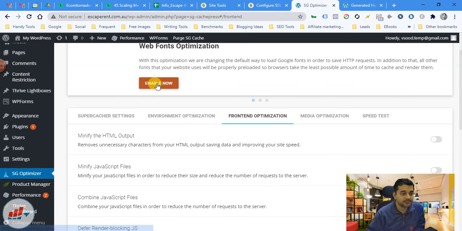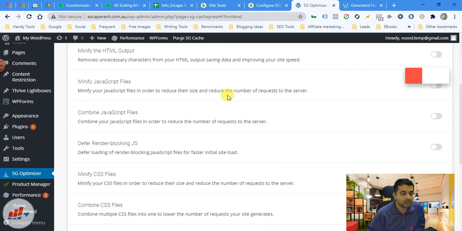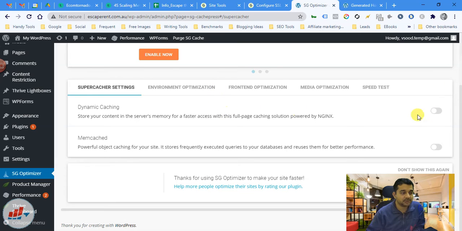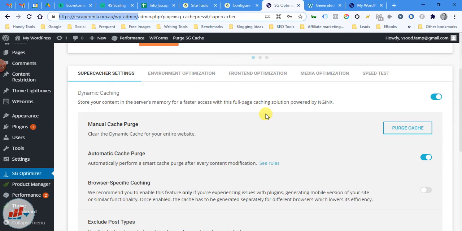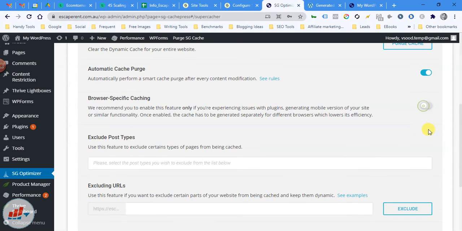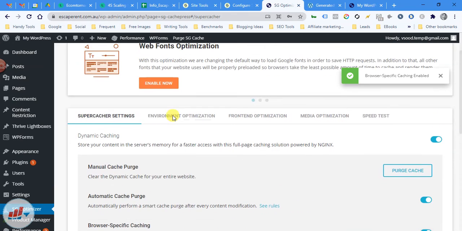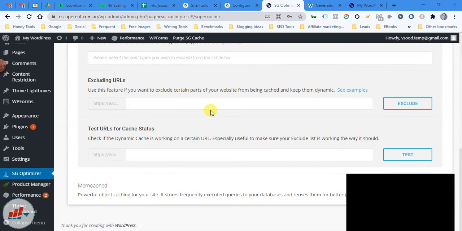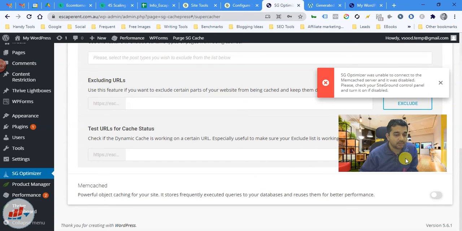Okay, so now different things that it is providing. First of all, let's see the super cache settings. So we will activate them. Oh, I think it's showing some errors. Okay, I refreshed the page, and now it is allowing me different things. So there are lots and lots of options that are available, using which you can make your website really load up fast. And I'll not go into much detail of these particular options, but yes, you can do a lot of things.